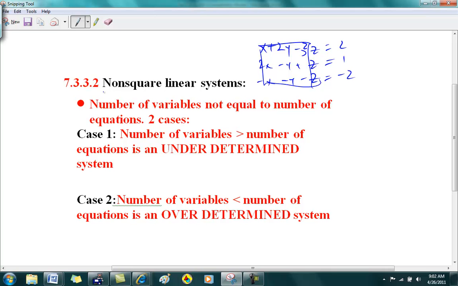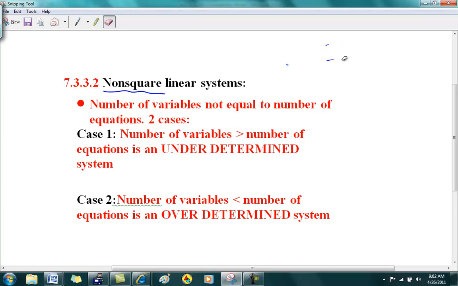Well, you can get systems that are non-square, and there are 2 cases for it. One is the case where the number of variables is more than the number of equations, and that's called an underdetermined system, and I'll explain what I mean by that. Okay, so for example, you can have a system